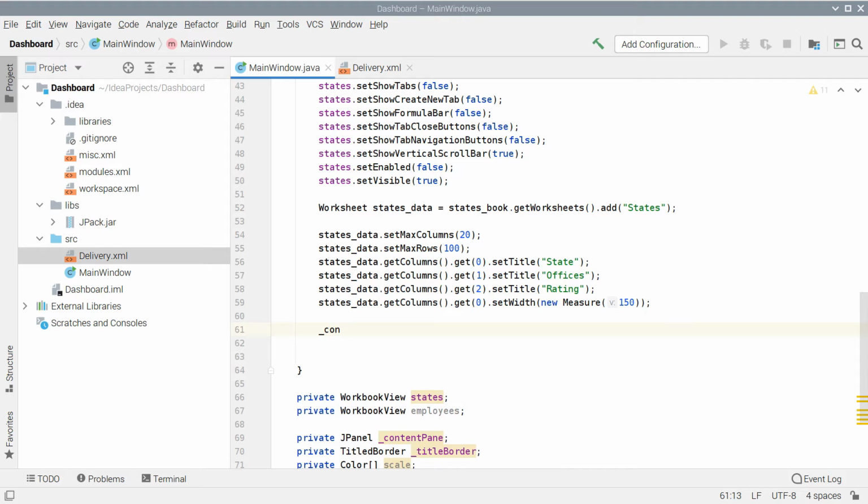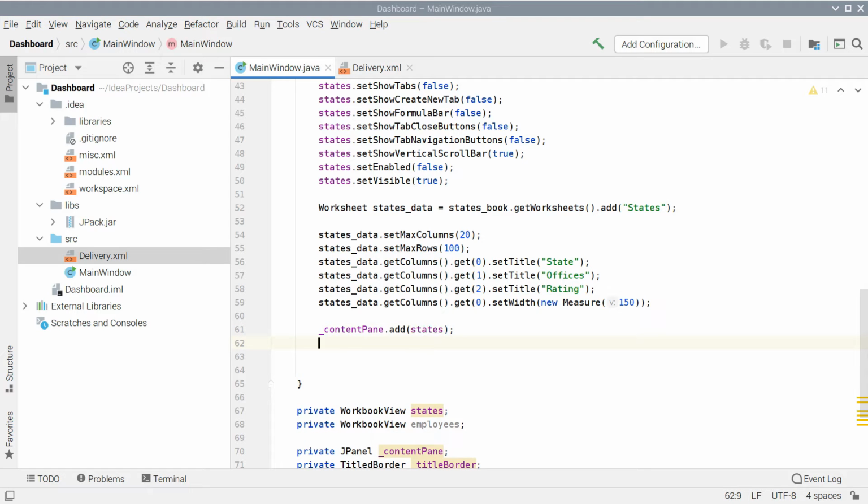We add the so created Workbook View object to the content pane of the window. Remember that due to the default settings of the grid layout, this workbook will take the cell in the upper left corner of the view.